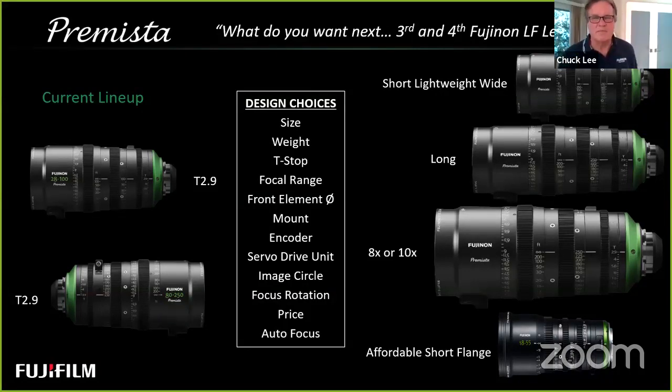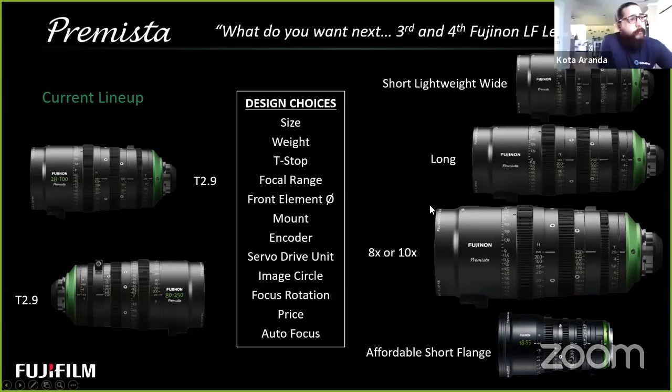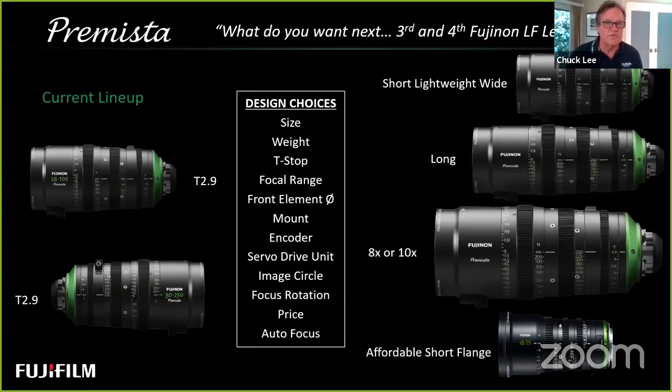I can pipe in here a little bit. The biggest limiting factor of any lens design is dictated by the size of the front element. If you want a lens that's faster, a bigger front element. You want more of a zoom range, bigger front element. So what does that mean? That means there's physics involved. The weight of the lenses is more glass than anything else. So yeah, you can use ultralight metals and it will reduce the weight, but not significantly if you play the